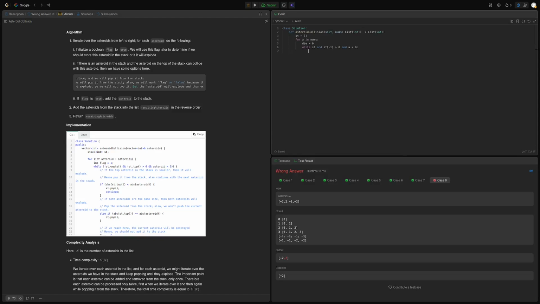And now if, why is there ups on the top? If, so, if